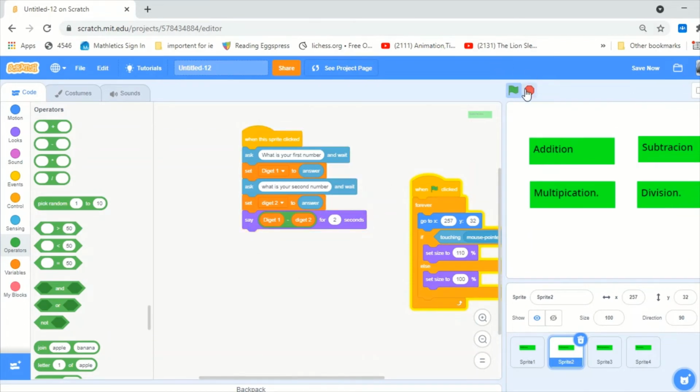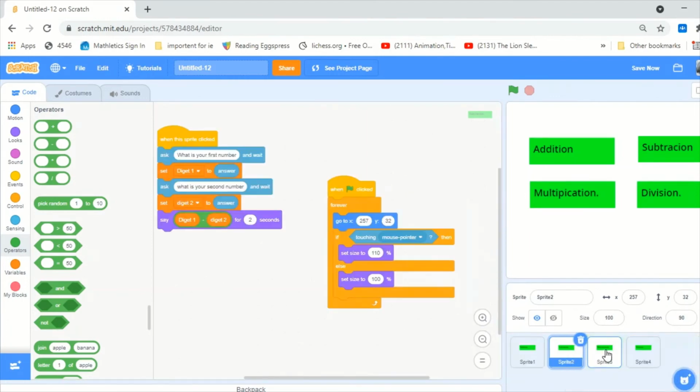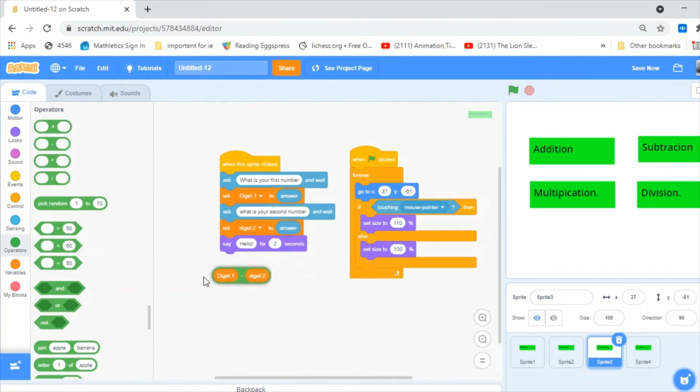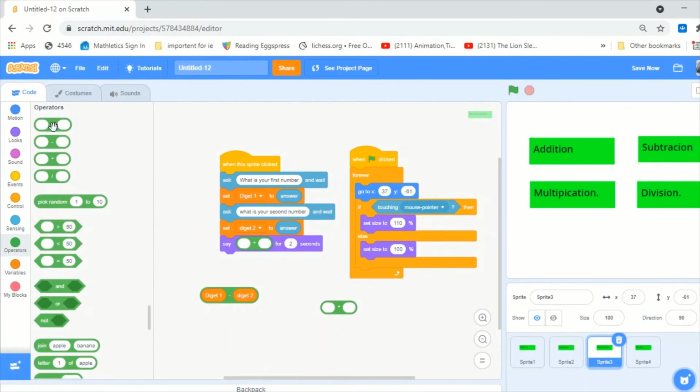So now you do the same for multiplication. You drag this block to the multiplication column, and now the only difference is to get multiplied, which is over here. So addition and multiplication look the same. So I'll show you how it works. The first one is addition, and the third one is multiplication. So digit 1 multiplied by digit 2 if it's clicked